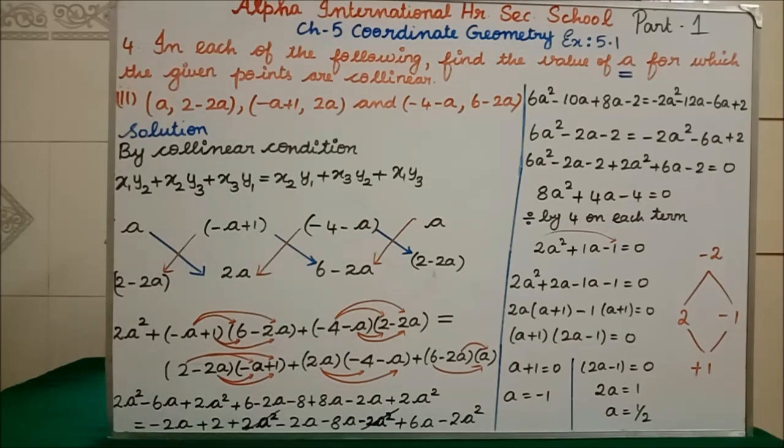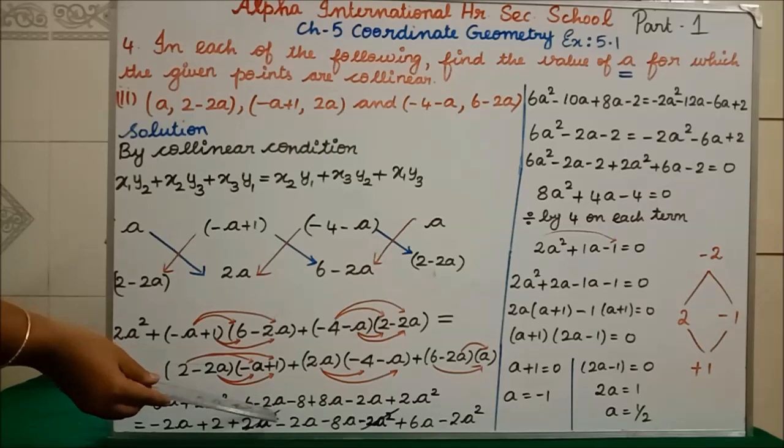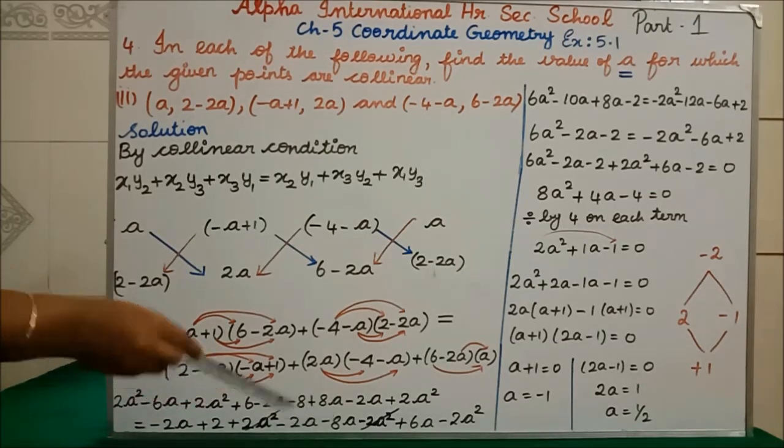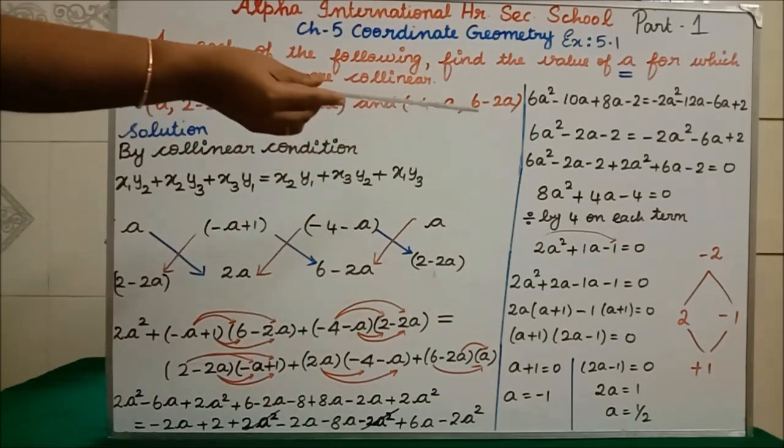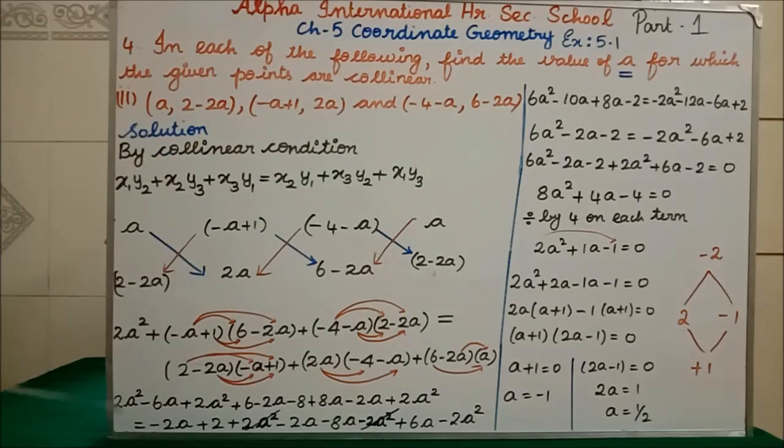Minus 6a we are having, minus 2a we are having. What we will get? Minus 6a, minus 2a and plus 8a. See, minus is we will add, minus 8. Minus 6 minus 2 is minus 8. Here plus 8 is there. So minus 8a and plus 8 will cancel. Remaining is what? Minus 2a. That only I have written, minus 2a. Clear? Now remaining what is there? 6 here we are having minus 8. 6 minus 8 is what? Minus 2. Clear?